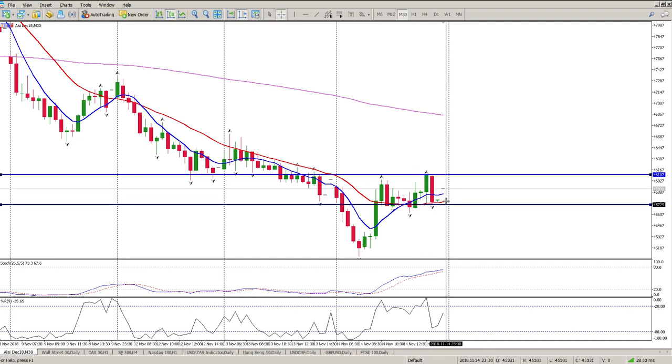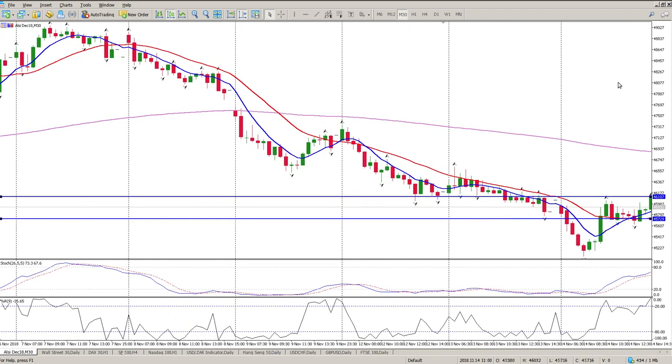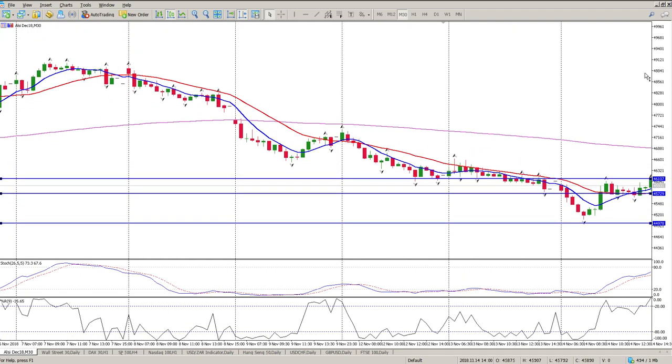Yes, it is as per a normal Aussie fractal, 380 points that we need to worry about. So I strongly suspect we're moving to the downside. This level wasn't tagged. You can see there we didn't tag it. So I expect us to come down, tag this level before moving down even further.